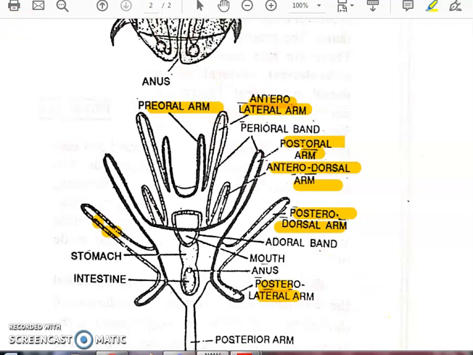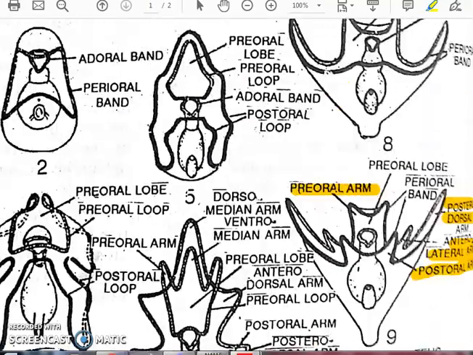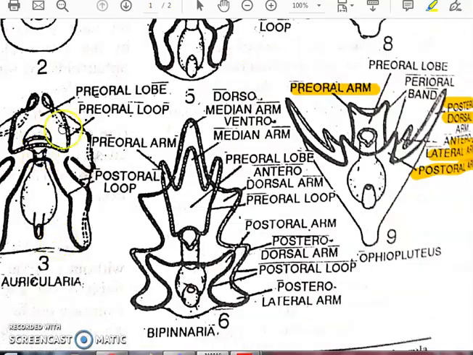Next are the larvae found in the life history of the class Holothuroidea. There are 2 larvae mainly found in members of this class: the Auricularia larva and the Doliolaria larva. We will start with the Auricularia larva. This third figure shows the Auricularia larva. It has a large preoral lobe like the Bipinnaria. It possesses short processes at the back, and that is why it is named Auricularia.